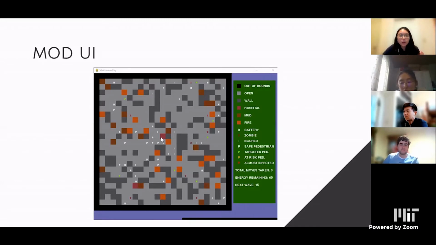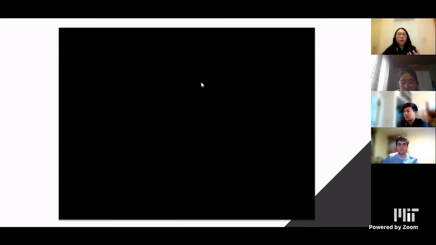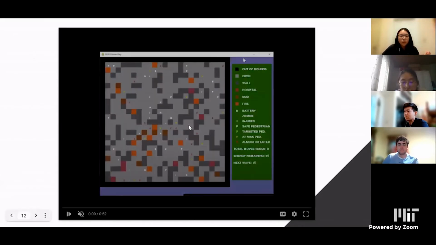So you can see in the middle, that's where the player always starts. The ambulance always starts in the middle of the grid, and the ambulance is signified by the greater than sign. So wherever the point is going is the direction that the ambulance is facing. And you can see the different statuses. Since the beginning of the game, the pedestrians are still green, which means they're targeted, but they're not at risk yet. So now we're going to move into a live demonstration of the game.